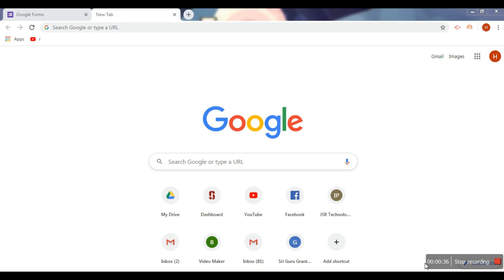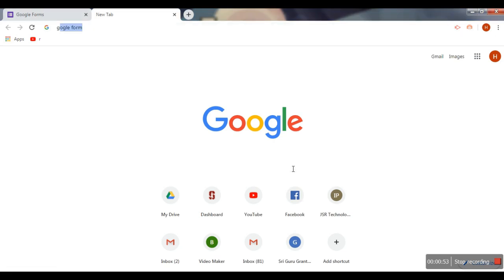For example, they can be used in integration with your Google Classrooms. In case you have taught some topic to the students and you want to know how much they have retained or how much they have learned, then we can use Google Forms for the same. So let's start our journey of learning how to use Google Forms.